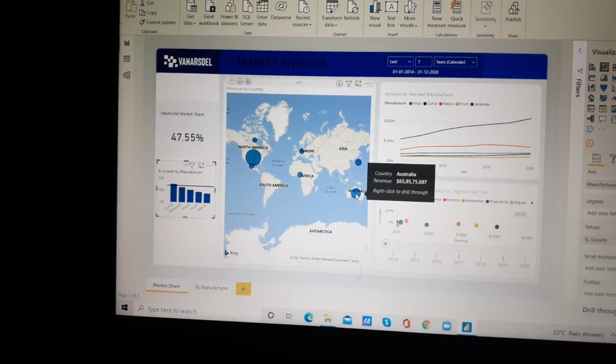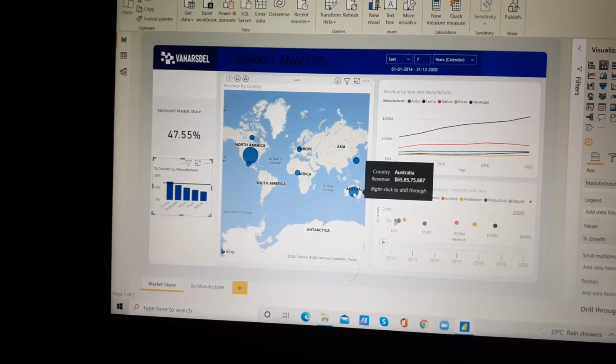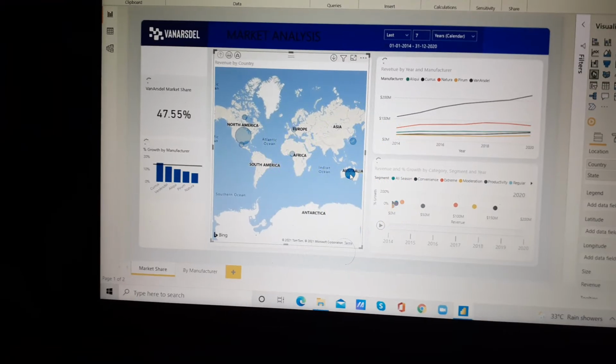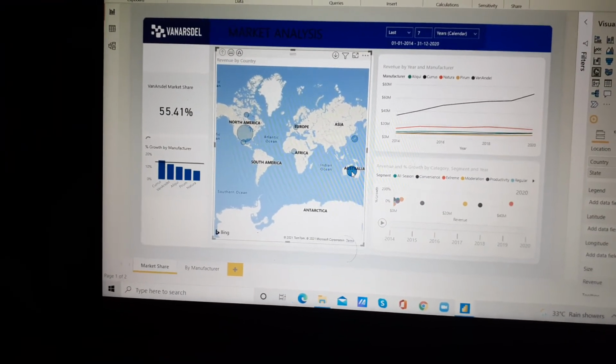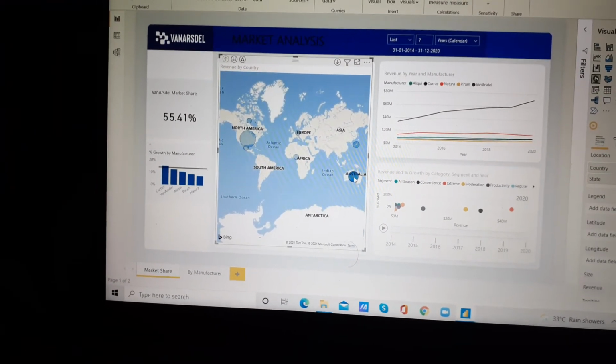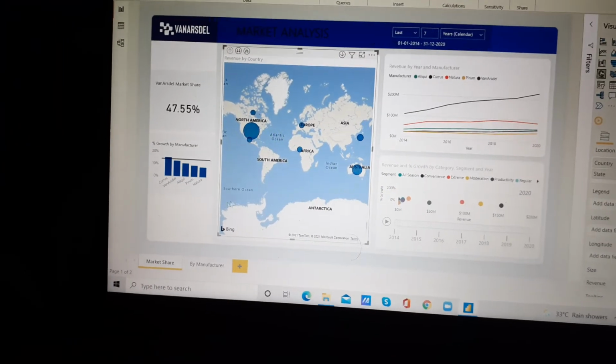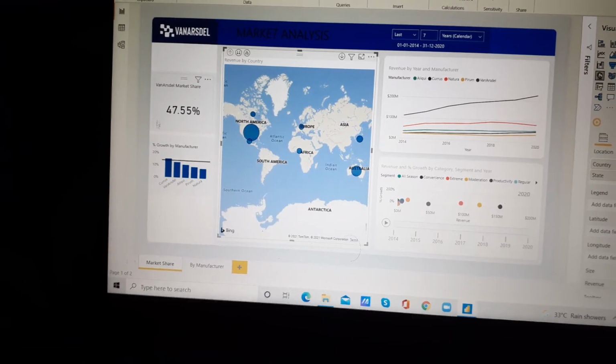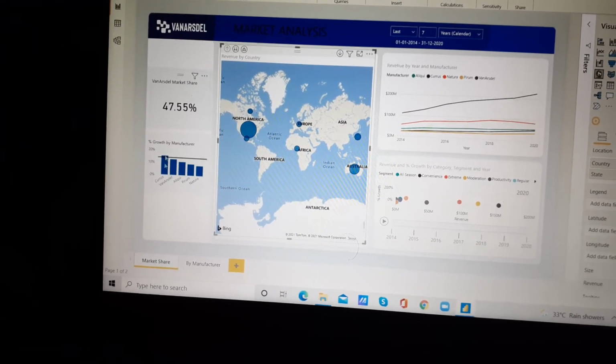If I want to see the country wise revenue for a particular manufacturer, we have to click on that, right? If I click on that, we can see that the data changes in other charts also.